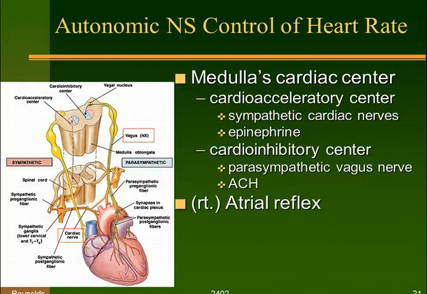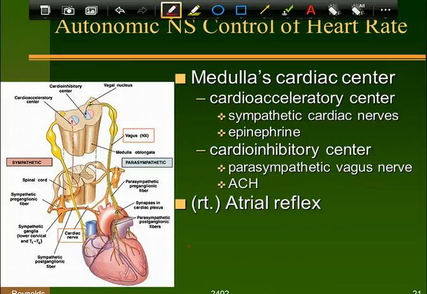All right, control of heart rate. We're looking at heart rate first. The number one thing that has an effect on heart rate, speed up, slow down, is the autonomic nervous system. So remember, hypothalamus and medulla are the major controllers here. The medulla is the most important here. Cardiac center,